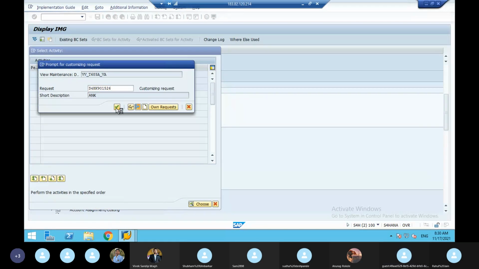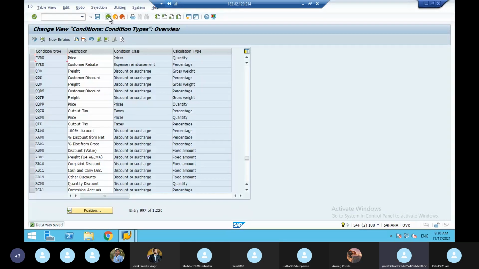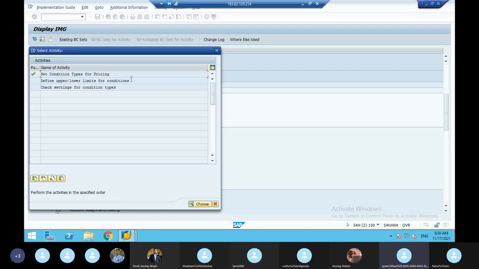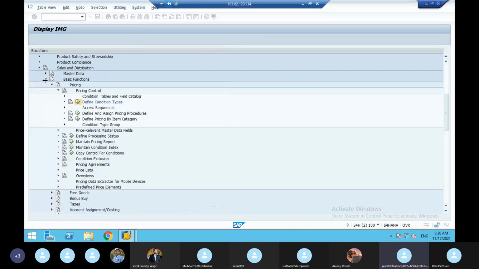Next, I'm going to maintain upper limit and lower limit conditions. This is called upper limit, lower limit because for one material, gold, 22 carat is one price, 24 carat is one price. Otherwise, any product, even your face wash: very low quality is one price, high quality is one price. Very diluted face wash is one price. Highly thick, good quality is another price. How are you going to maintain that? That is called upper limit and lower limit.